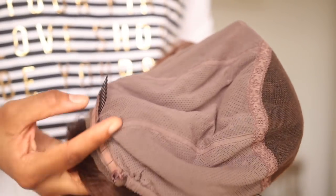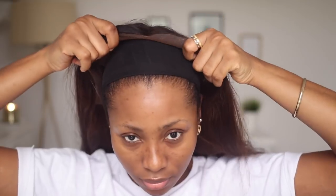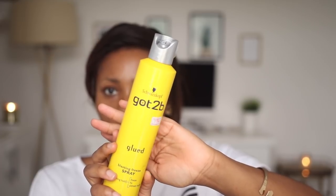It feels like I have nothing on my hair. To put this on, what I normally do is I just put it on my head, adjust it to make sure that it sits properly, use some got2b. So I use a gel and the spray. First I use a gel and I apply this just before my edges, go in with the spray,